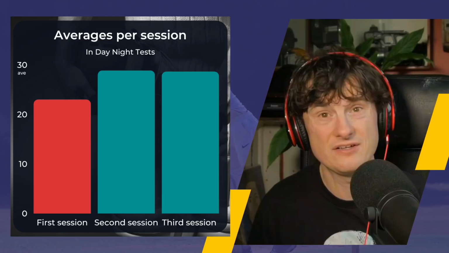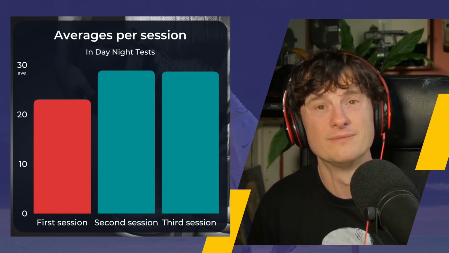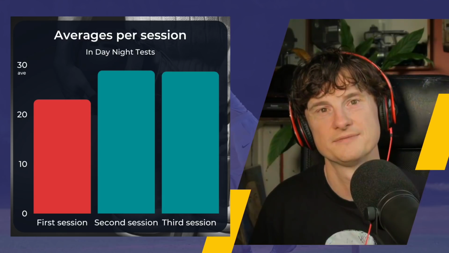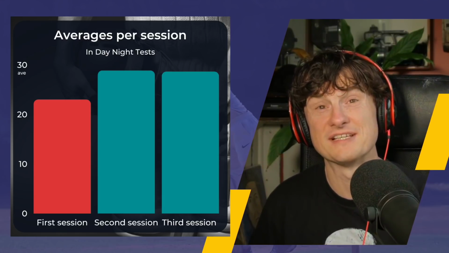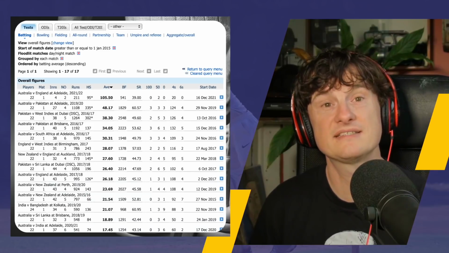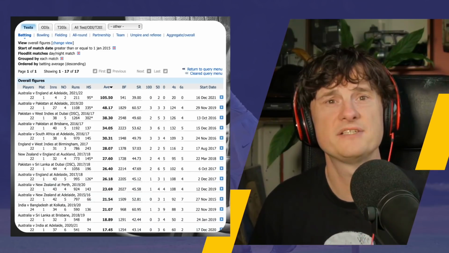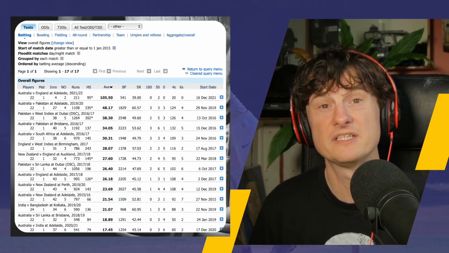Also, the first session of day-night tests is averaging less than the actual morning sessions of normal test matches, which again doesn't quite make a lot of sense. So in 5 of the games, we haven't had 16 runs scored. One of those was the England match in Ahmedabad, where the ball skidded very weirdly for the spinners.